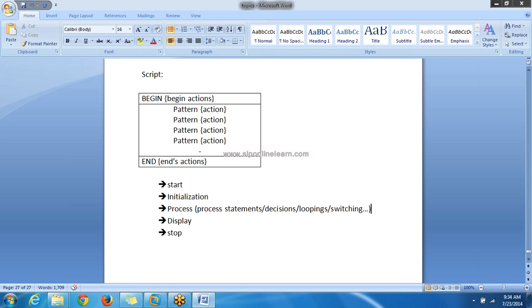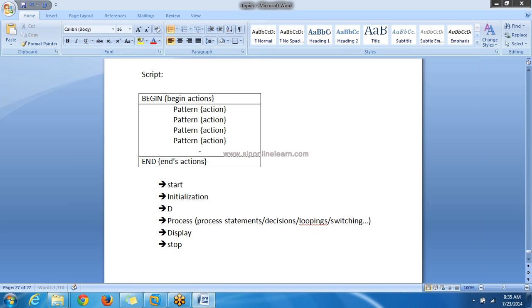Okay, and after executing these statements, we'll do some process. And after completing the process only, we'll display the result. So this is the proper order, right? Before the process, can you display the result? No. Before the process we can't display. So here if I say display the result, without processing we don't get a result, right? So this is an improper way of doing the process, right?